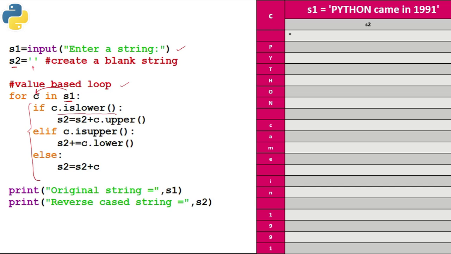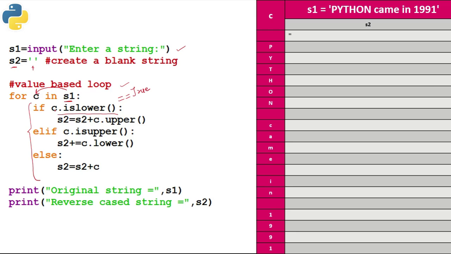Find if C dot is lower. Equal to true, we need not write, because obviously when the condition of if is going to be true, then only it is going to enter into the block of if, and same goes for elif. Fine. So if C dot is lower,